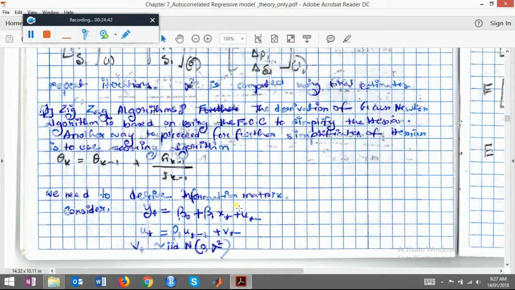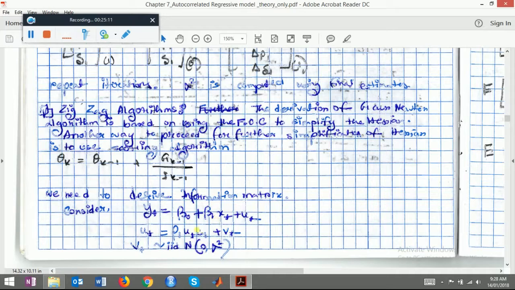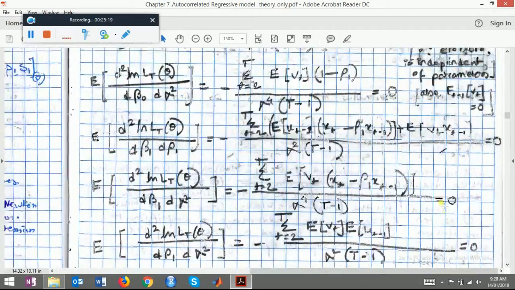So we know the negative Hessian equals the information matrix, or OPG, outer product of gradients, or J. We need to derive the information matrix in this case, and this is the equation, where we have first yt equals beta naught plus beta 1 xt plus ut, and then ut, obviously the value of ut, where vt is IID, not ut, and taking the second order derivatives and the cross